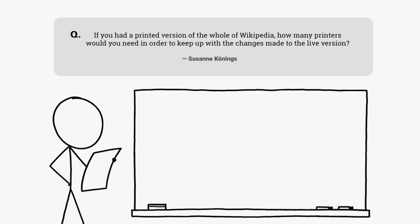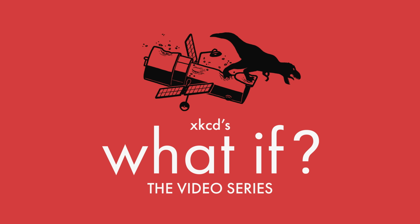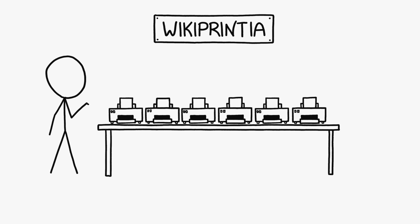This question comes from Suzanne, who asks, if you had a printed version of the whole of Wikipedia, how many printers would you need in order to keep up with the changes made to the live version? For the English Wikipedia, you'd need this many. 6 printers is surprisingly few, but before you try to create a live updating paper version of Wikipedia, let's look